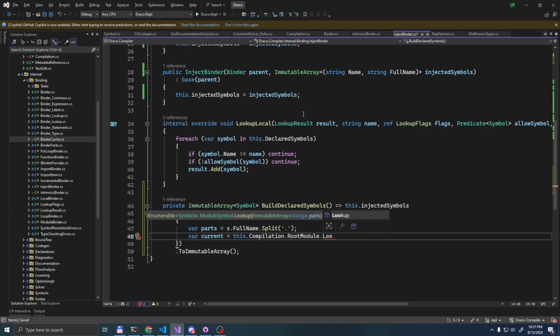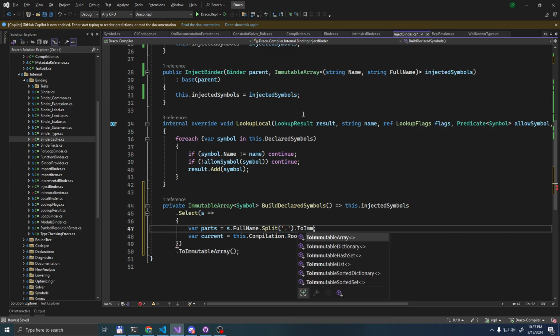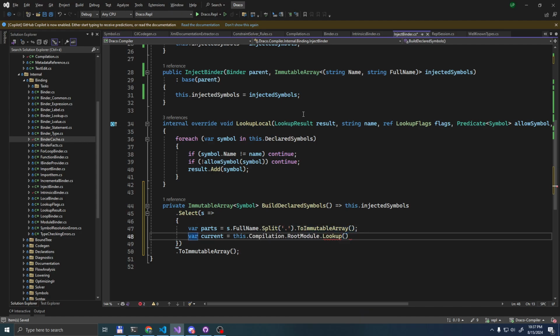Oh wait, we have a way to look up actually. That's awesome. Yeah, I know I'm being really wasteful here with cycles and stuff.